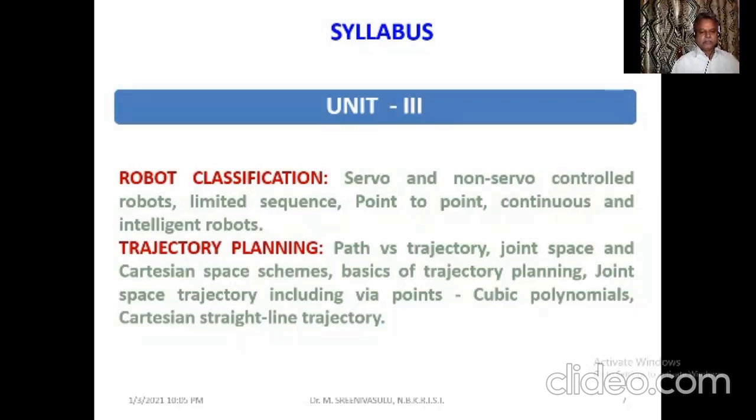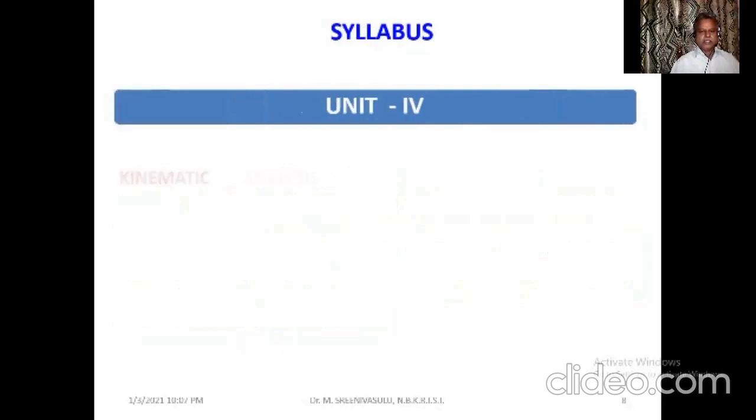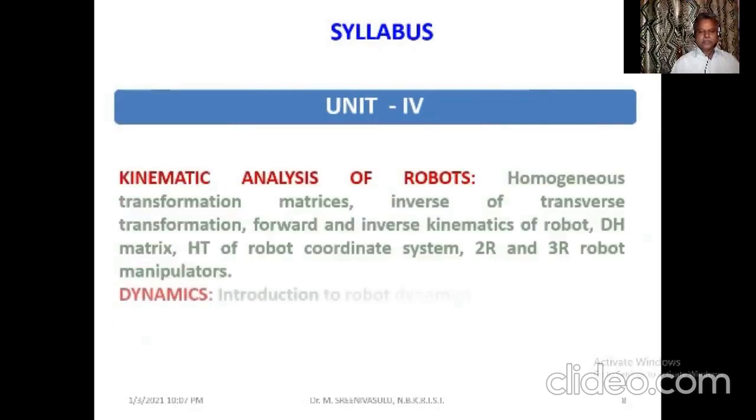In addition to them, if we have a Cartesian straight line trajectory, what exactly is the scheme, whether Cartesian space scheme or joint space scheme, how exactly it is going to be handled. With the support of some simple sketches, it's going to be dealt under that unit. Then coming to the 4th unit, it's going to deal with kinematic analysis of robots,